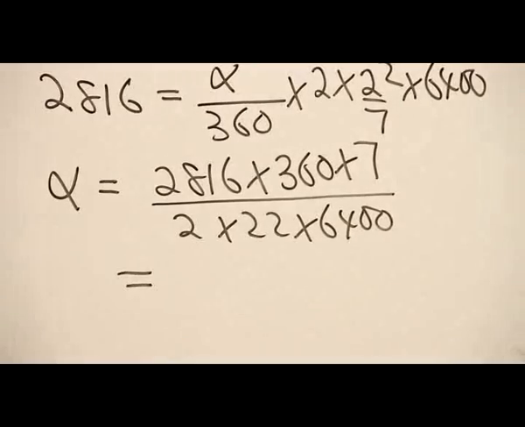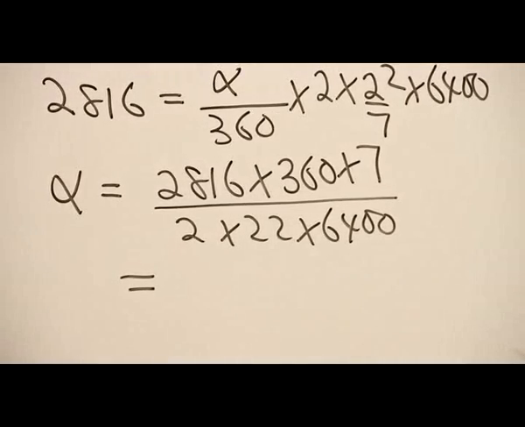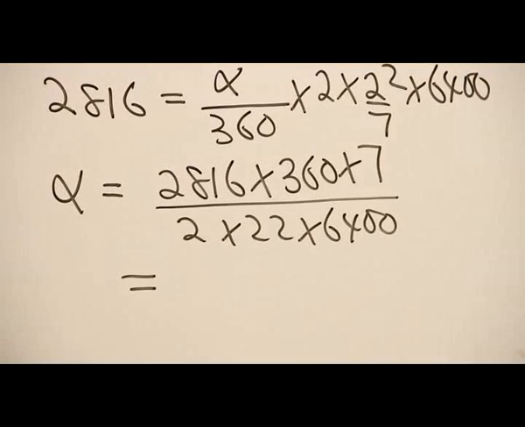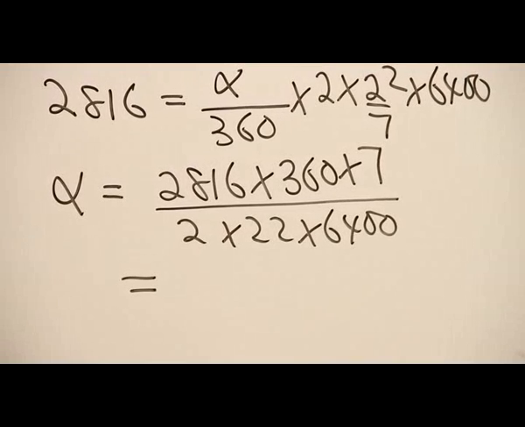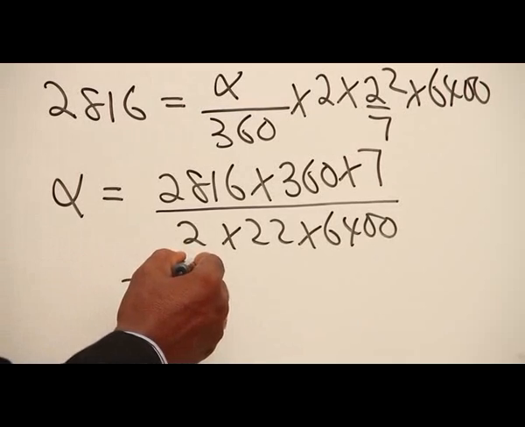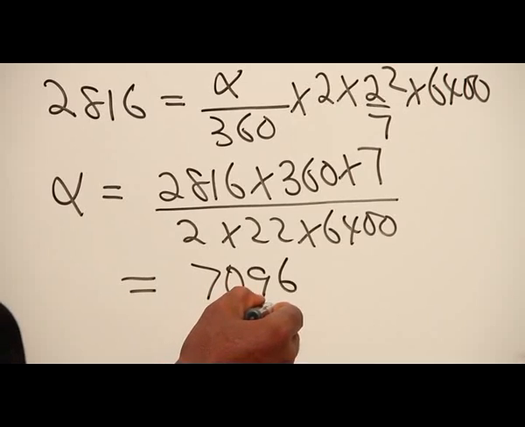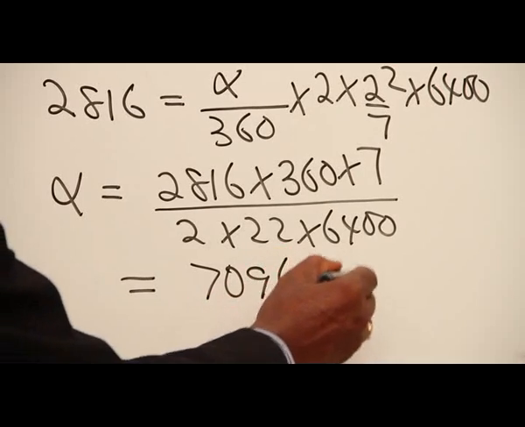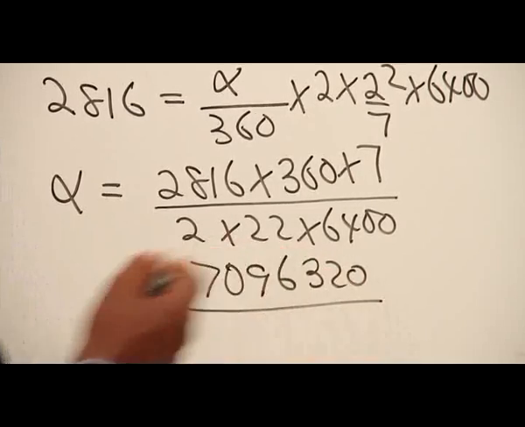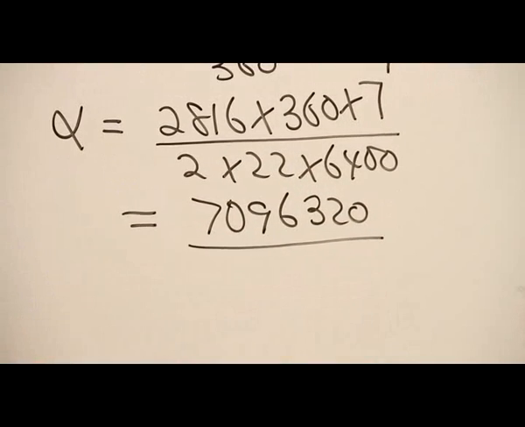The numerator will translate to 2816 times, multiply that by 360, and then multiply that by 7. And that will give you 7096320. Divided by the denominator, which will be equal to